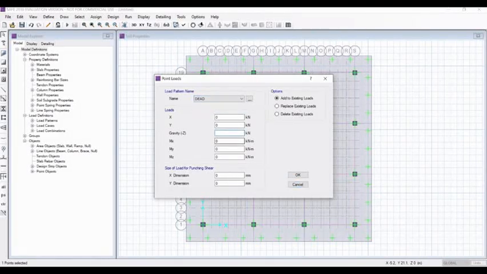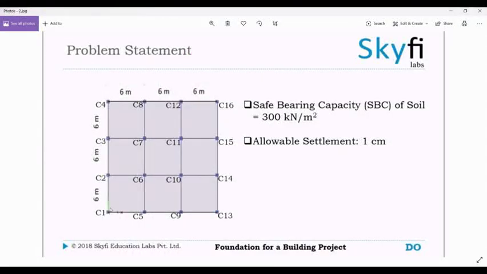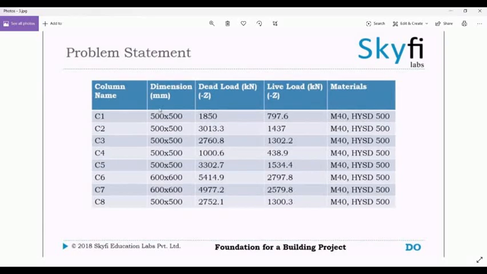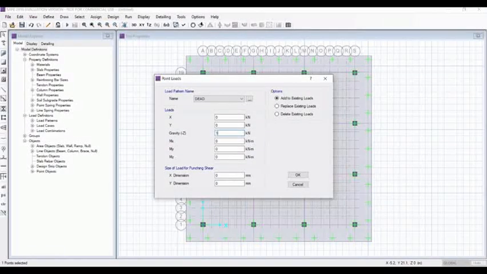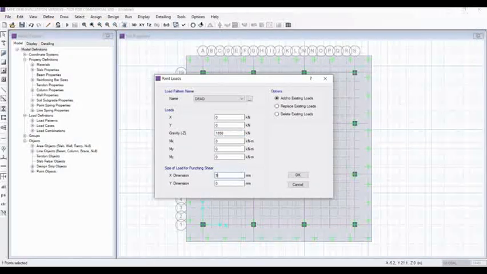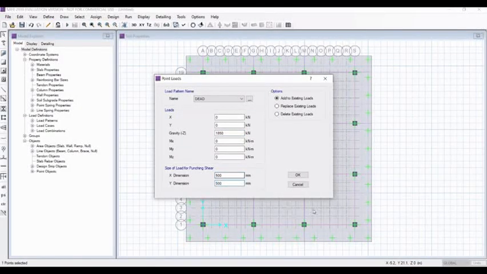And from the data, we'll go here, that's column 1. I have selected column 1, and from the data you can see column 1 is dimension 500 into 500, and dead load here is 1850. The dimension is 500 into 500, and we will press OK.